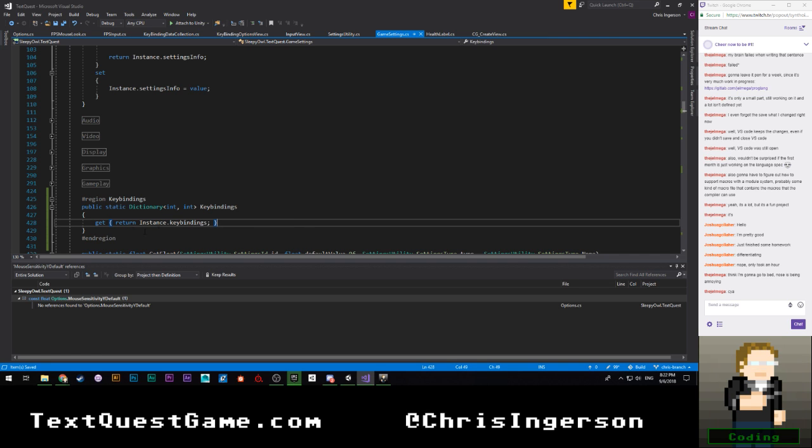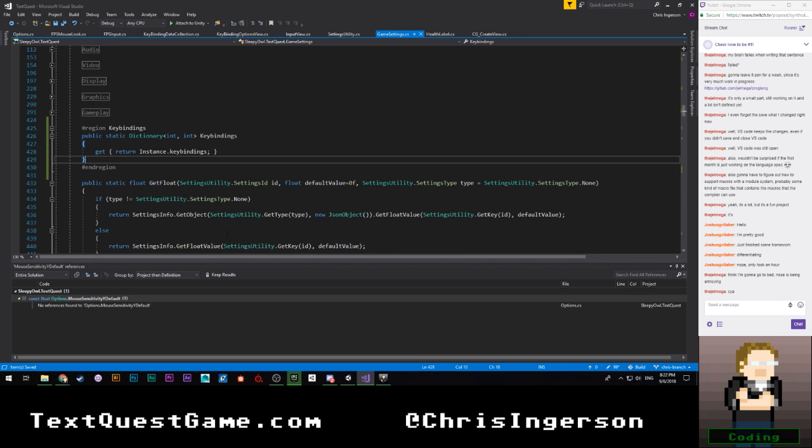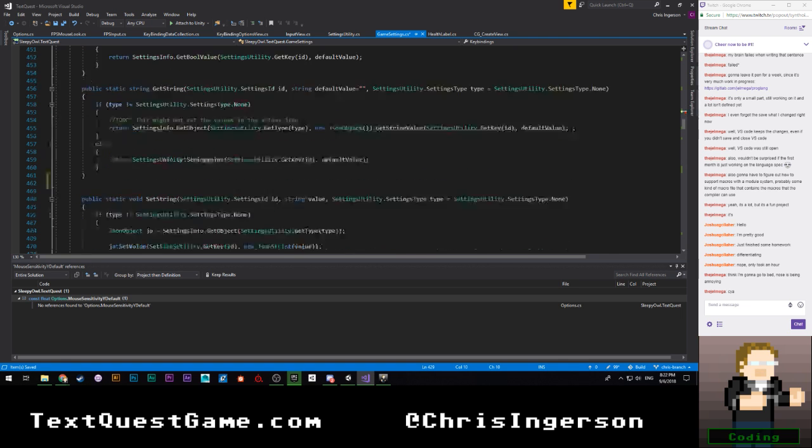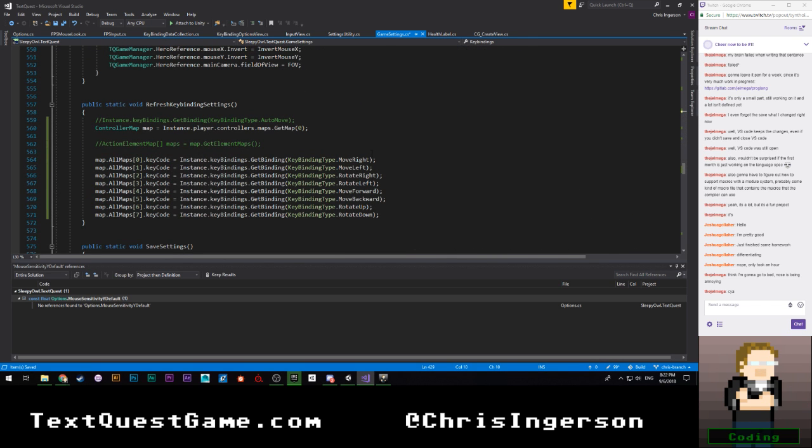And I don't think we need to do a set or anything like that because we're not modifying it directly. But I do need a function here that's public. Well, no, actually, we can just do this in our reset, can't we? So we're going to come down to here, and when we refresh key binding settings,